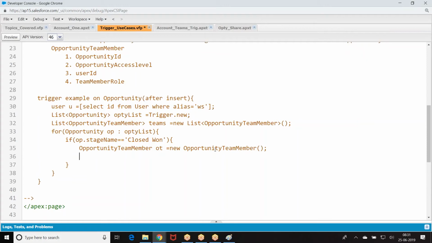Opportunity team member. Opportunity ID. Opportunity access level.